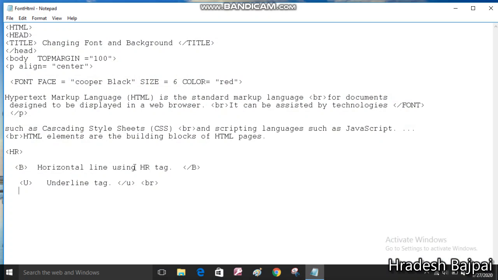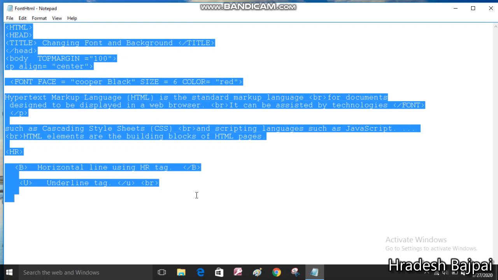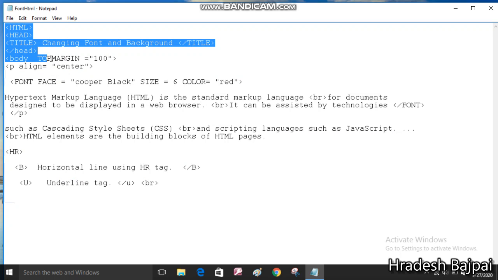Here you all can see the HTML program I have created. In this HTML program I have mentioned all the important tags that you can use for creating an effective web page. I have explained up to the use of the paragraph tag and the align attribute. I told you earlier that attributes are features that we can include with different tags. Each tag contains its own attributes. Here I have mentioned some new attributes.